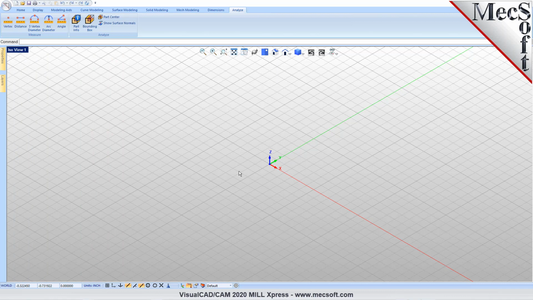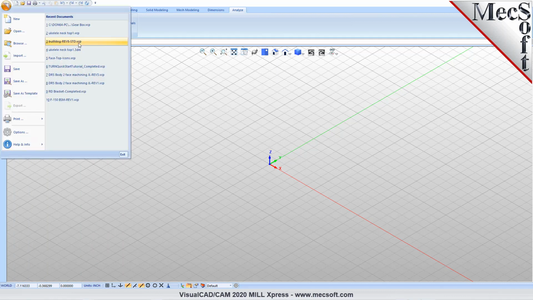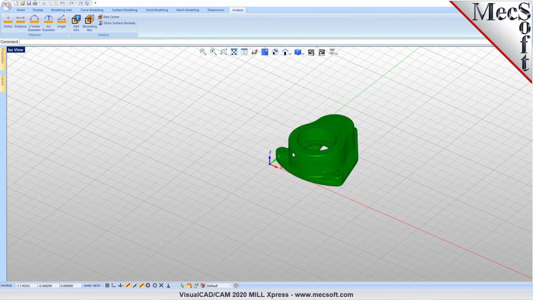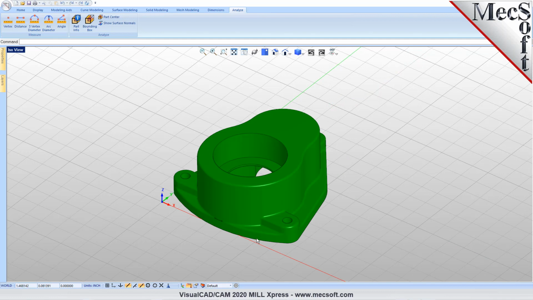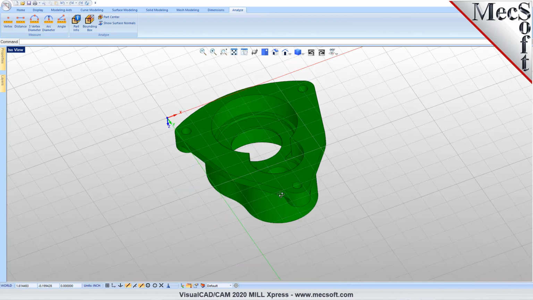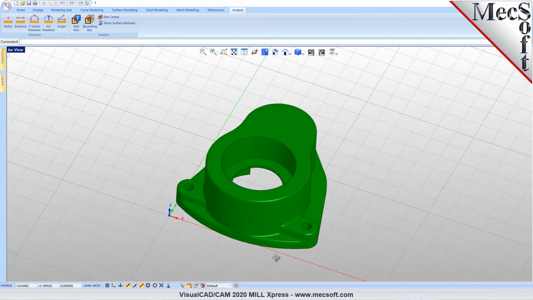Okay, let's go ahead and open the part for this short demonstration. And we already have it loaded up here in our recent documents. And what we have here is a mechanical, somewhat prismatic part in that you have straight walls, you have pockets and holes, things of that nature, and you do have some curvature around here that we're going to use some 3-axis